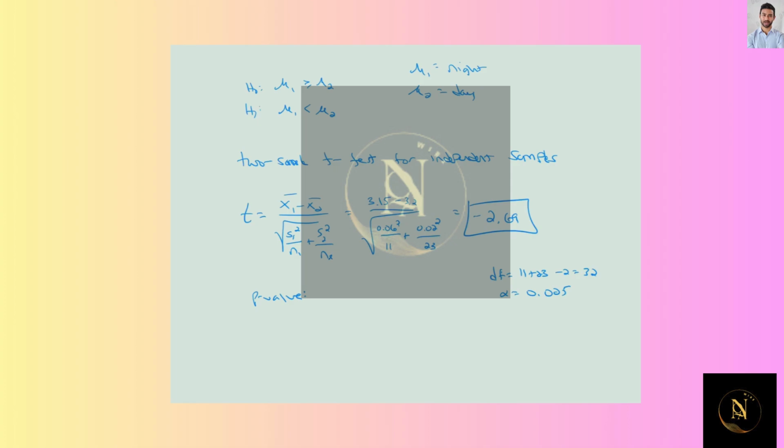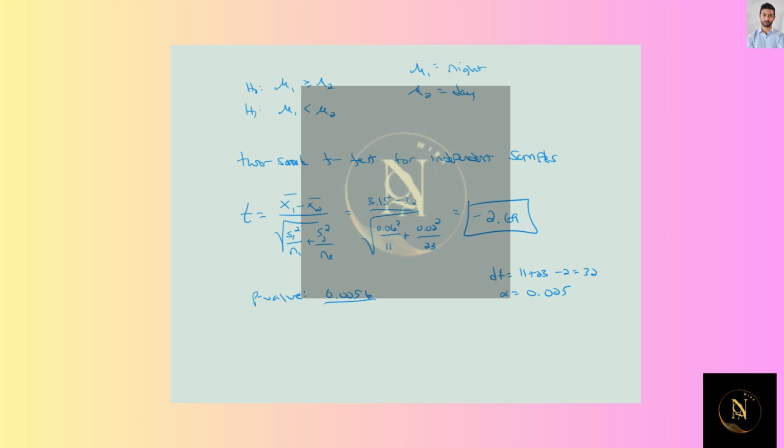And that's a critical value of negative 2.04, but we want a p-value. And the p-value is 0.0056,